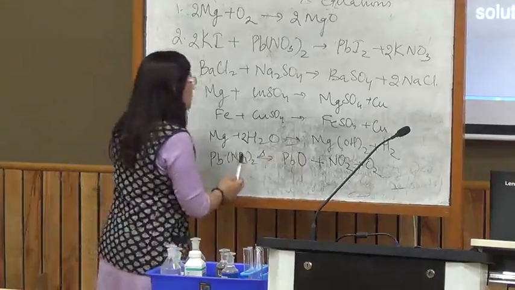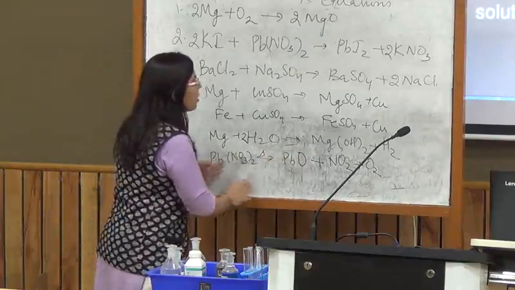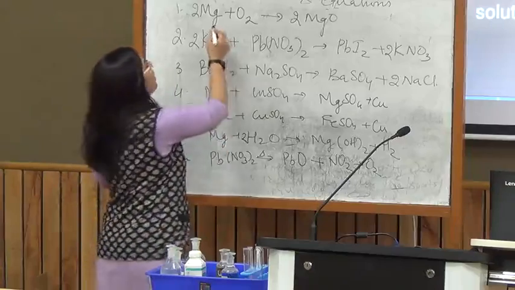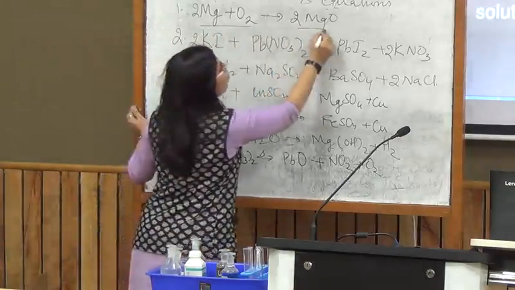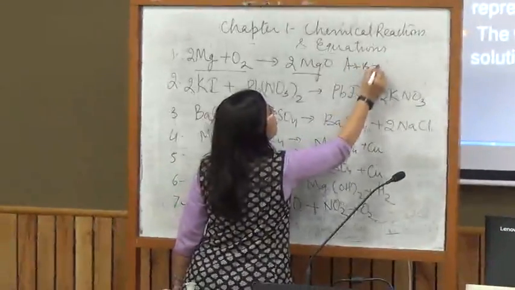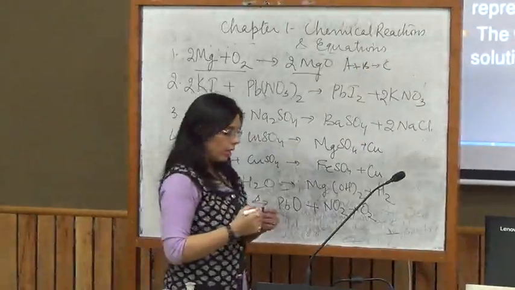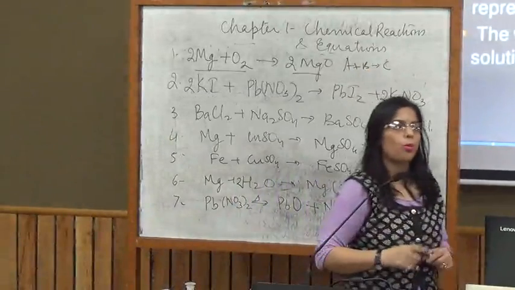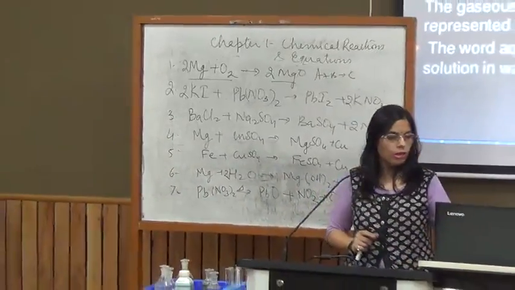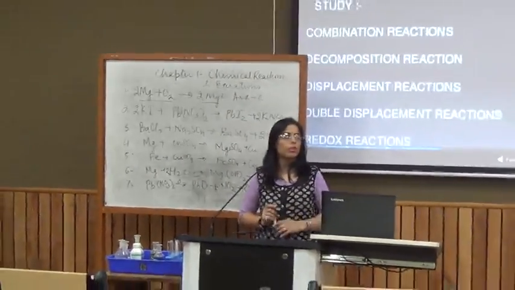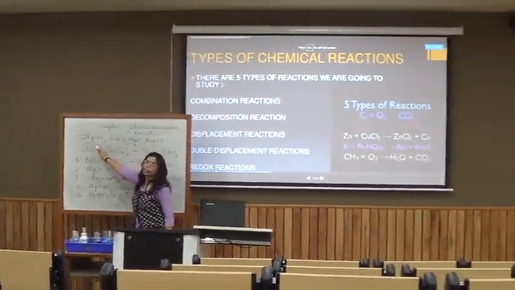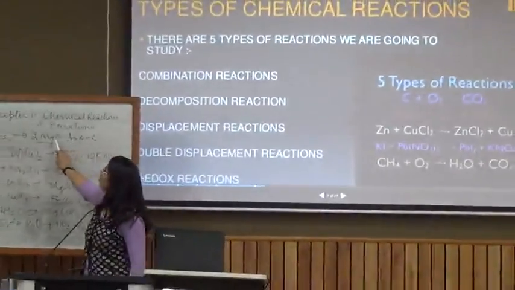What happened in this case? So this is a decomposition reaction. So let's look at each of these cases as to what goes here. 2 reactants, 1 product. So the reaction is like A plus B gives C. When a reaction happens between 2 or more reactants and there's formation of a single product, we call this a combination reaction. So combination reaction is one wherein the reactants are 2 or more but product is just 1.